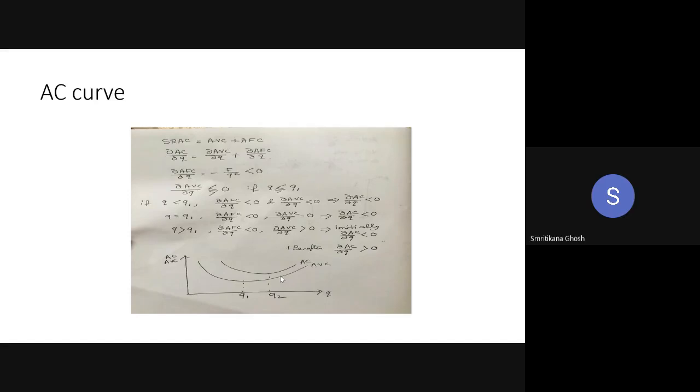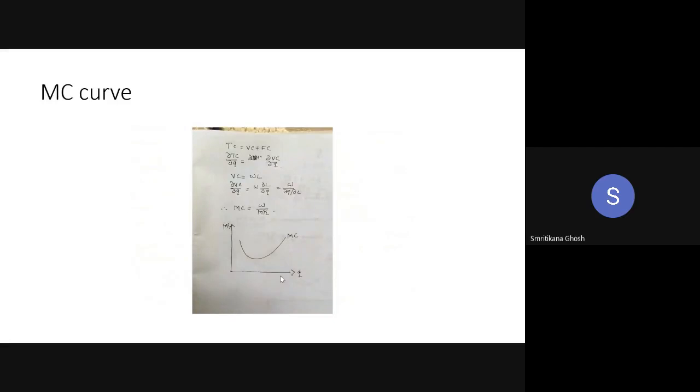I can assume it. Okay, so this is the next one, the marginal cost curve. Now, what is the shape of the marginal cost curve? Look, there is a relationship. As I say, sometimes 2 marks questions are coming, that what is the relationship between the marginal cost and the marginal product curve. Okay, so to do that, you need maximum of 5 lines of mathematics. So what is that? Look at the total cost.